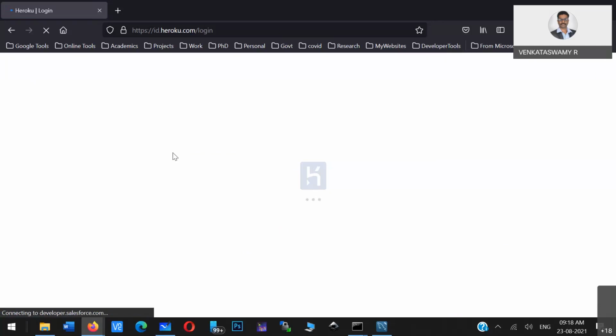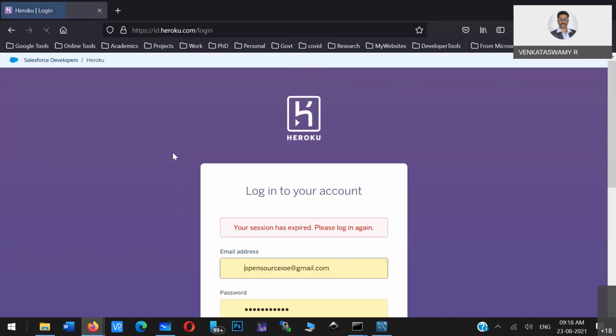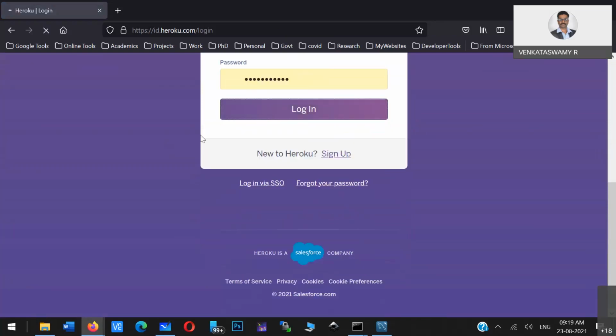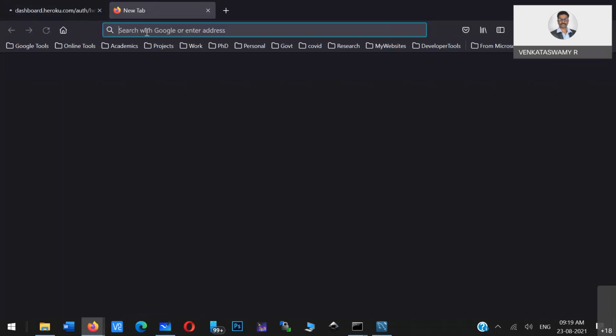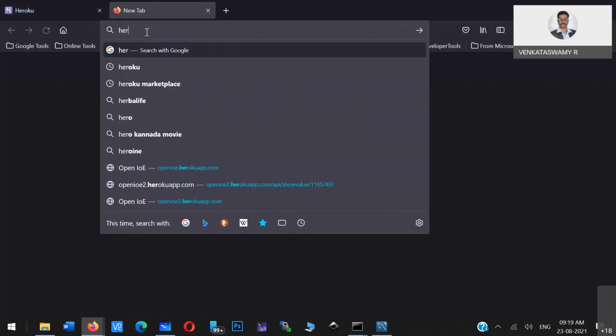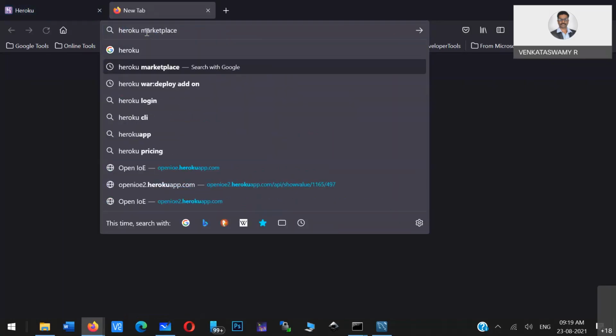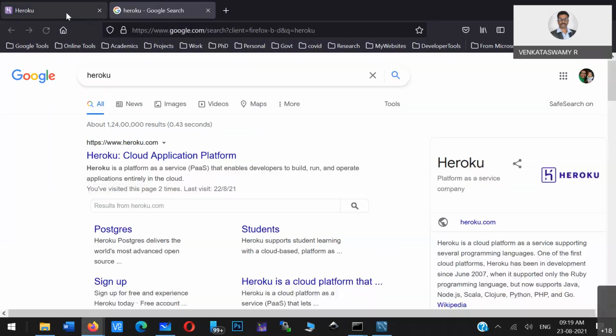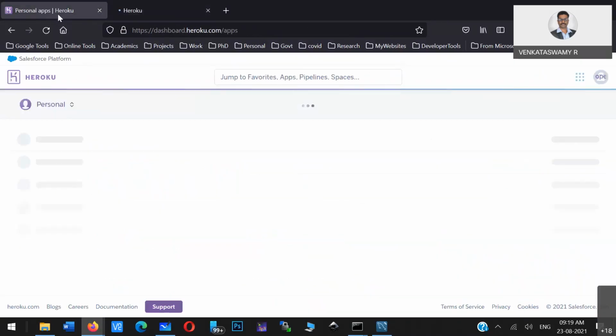They also provide very good documentation. You just have to see the features this platform provides.